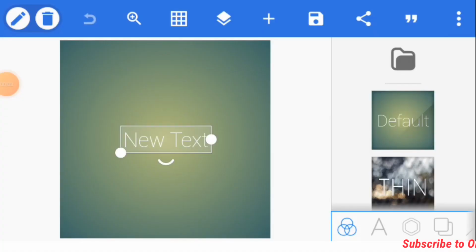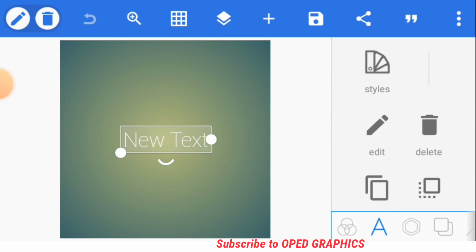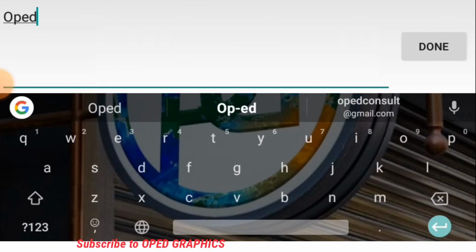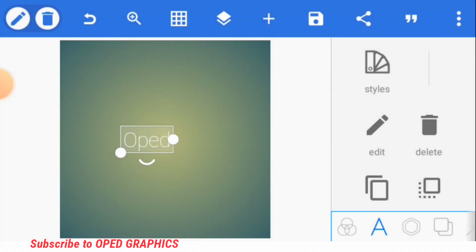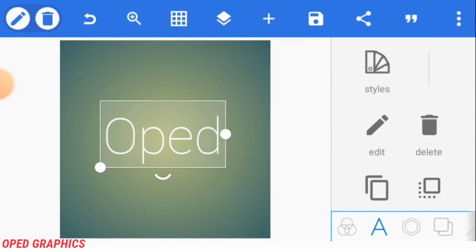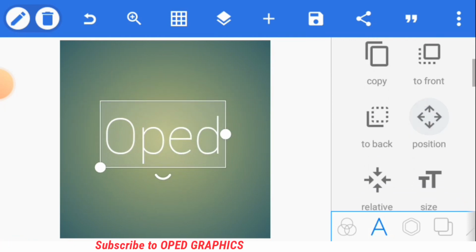To create a keychain logo, the first thing is to type the name you want to use. Go to the text option, edit the default text, delete it, and then type. Now this is the first thing: you have your text in Pixellab, and then you go to font,